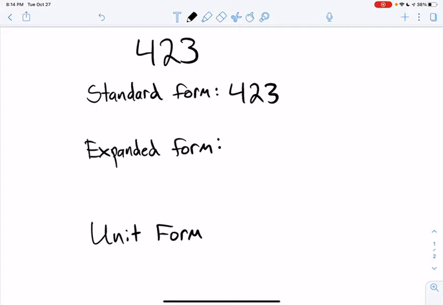Now, expanded form is a little different. With expanded form, we look at the number and we look at the place values of the digits. So 423 would be written with hundreds, tens, and ones: 400 plus 20 plus 3. That will be our expanded form. So we look at each digit and its place value, and then we write the number closest to